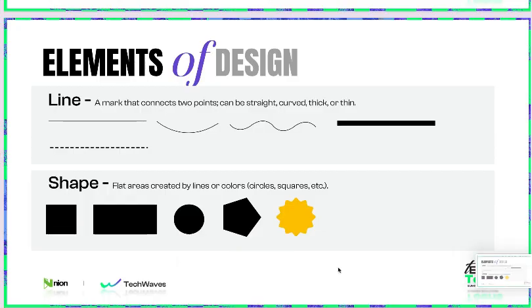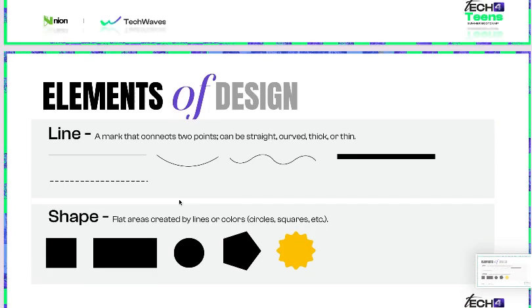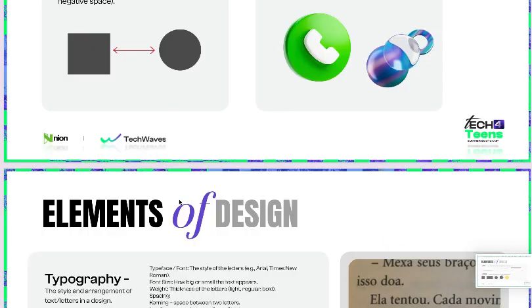Rectangle, your circle, your polygon, and you also have regular shapes. So whenever you say design, these are what makes up a design. There are shapes everywhere in design. Now let's move to